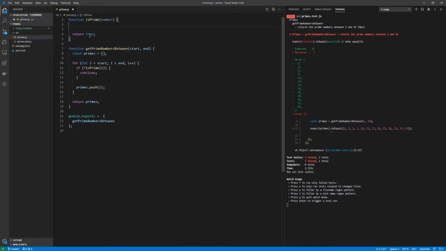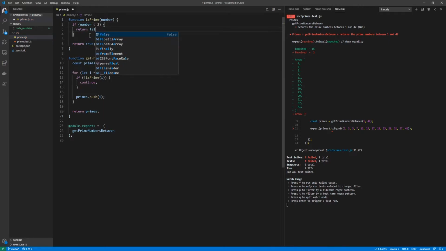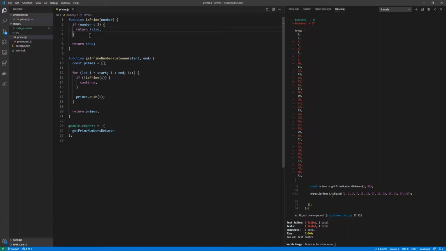But then we have our definition, right? We know that, for example, a prime number has to be greater than 1. So we can do if number is less than 2, return false. Now we see that we get a lot of numbers in here. Some of them are okay, some of them not. So now we just have to